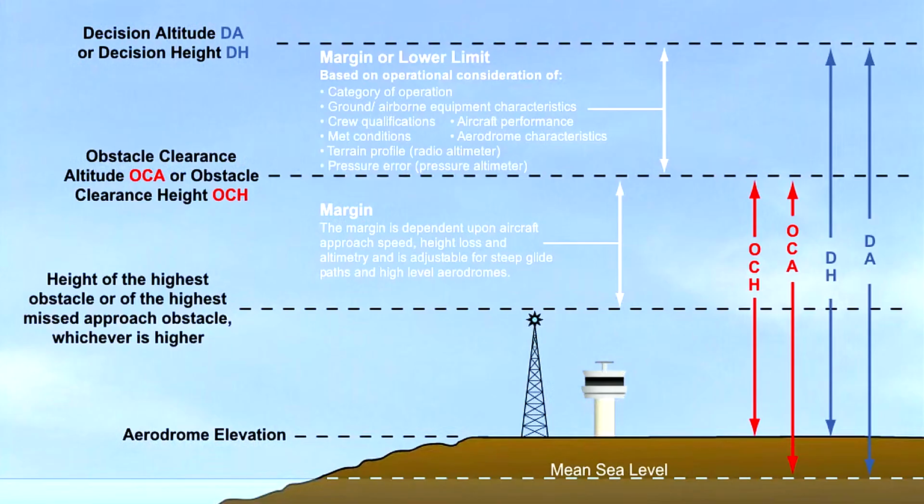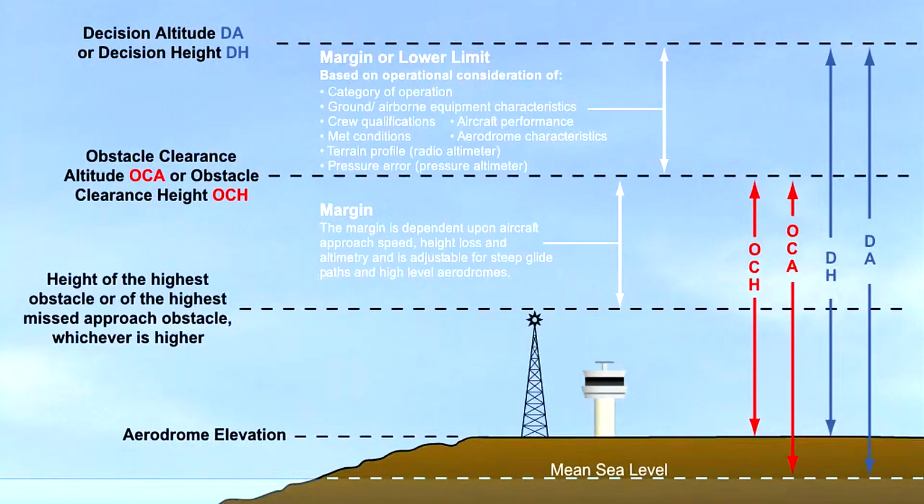For each approach, an OCA or H is calculated in the development of the approach procedure and published on the instrument approach plate. The vital factor is that the minima can only be deliberately exceeded when the visual criteria continue to be achieved. In the case of precision, non-precision, and circling approaches, an OCA or H is specified for each category of aeroplane. The OCA or H is defined as follows.